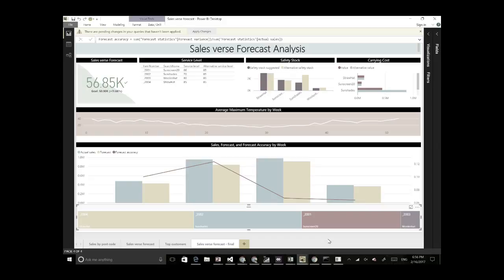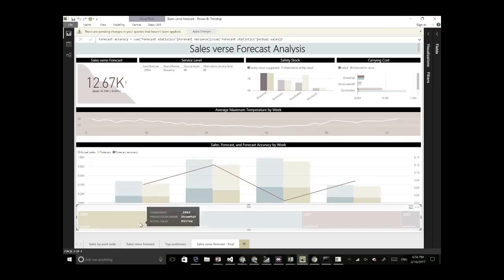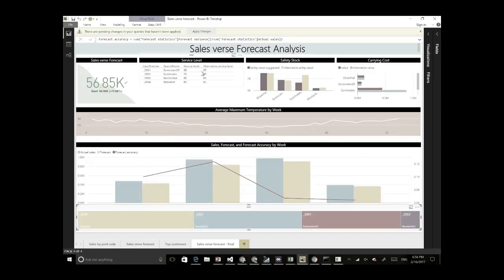data, for example. And so here we've got a simple example where we're looking at our forecast accuracy plotted in red. We can see we've got a real forecast accuracy issue with a couple of product lines. We're also starting to look at sales versus forecast. Are we on target? But we can drill down into various product lines and understand, hey, maybe a specific line isn't on target. And we're also looking at service levels